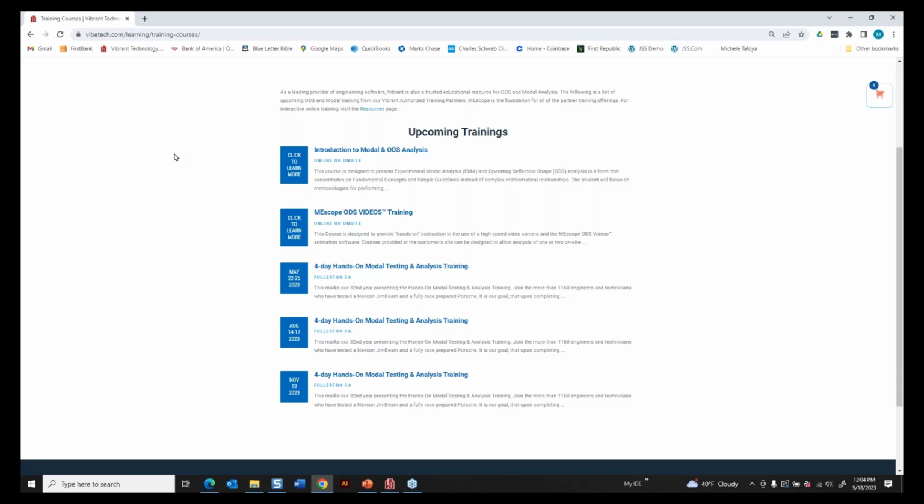Well, let me just give you a little introduction to our next webinar. We've done 2 different app notes where the other thing about modes is that they're linked to the mechanical properties of the structure, mass, stiffness, and damping. So we have an algorithm in MEscope, it's one of our options, called structural dynamics modification. And the way that works